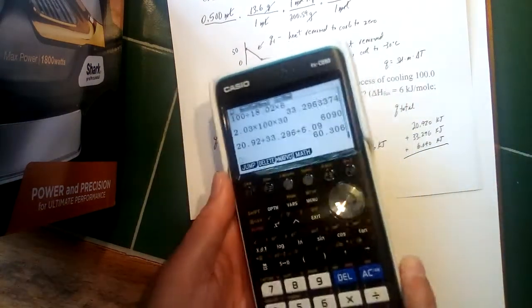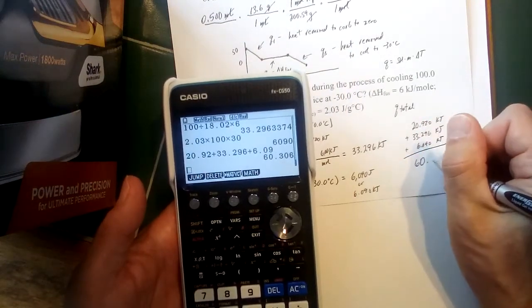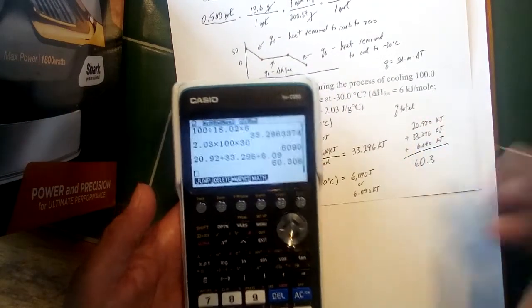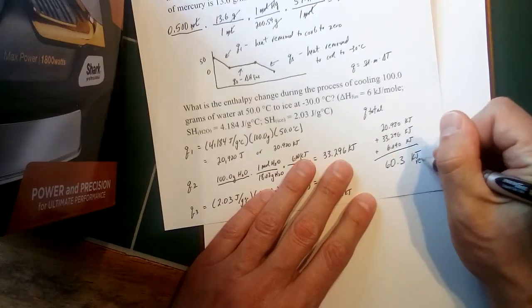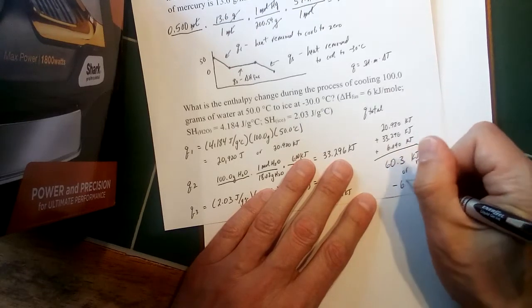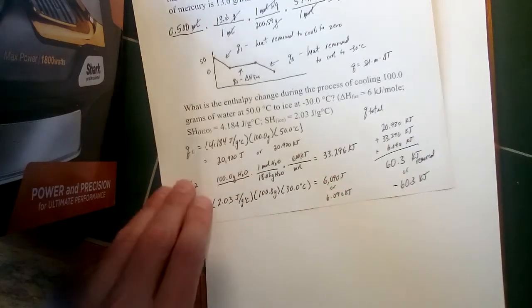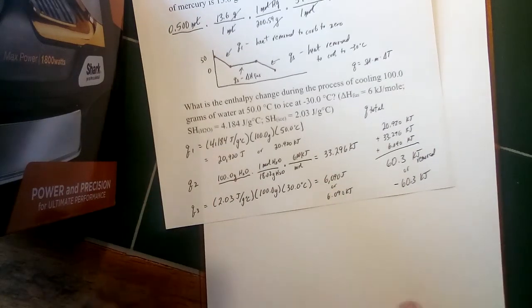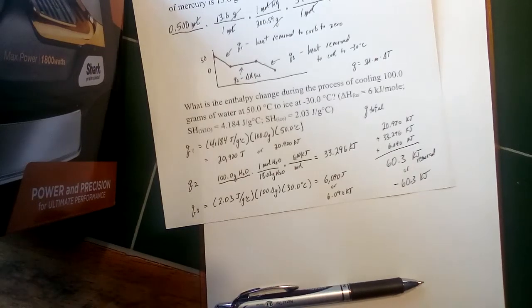So 60.306, but to 3 significant figures, that would be 60.3. So that would be kilojoules removed, right? Or if you want to use signs, you could say minus 60.3 kilojoules. Okay? Either one would be appropriate, although I personally try to avoid the negative signs. I'm just such a positive person that I like to use removed or added to describe where the heat is going. Okay,